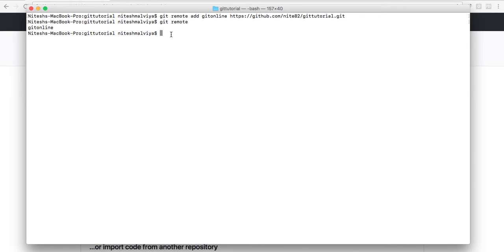Now if you want to push this particular folder or this particular repository to the repository which is created in your account, then you just need to type git push -u and then the name of the remote you have created, which in our case is git online, and then the branch which you want to push. So we are pushing the master branch right now. If you click enter,